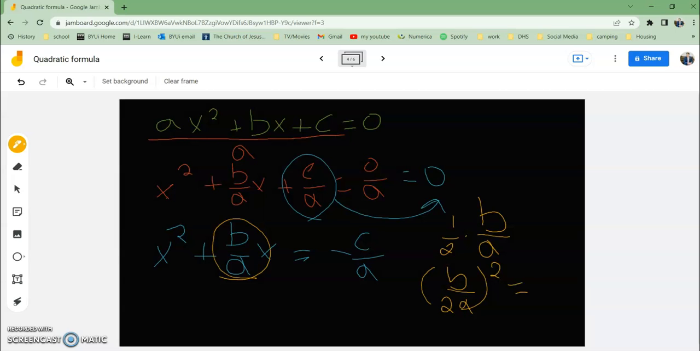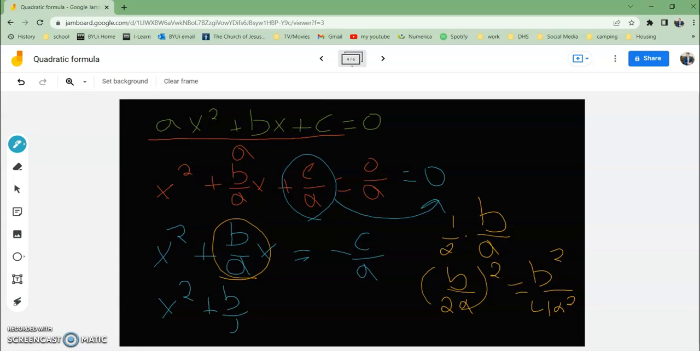Okay, and that is just, yeah, it should just be b squared over 4a squared. Okay, all right, because that's going to help. So let's remember that. All right, so now what we have is, put this back in blue, x squared